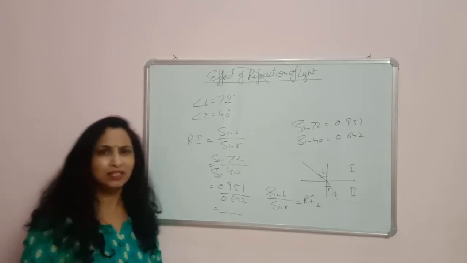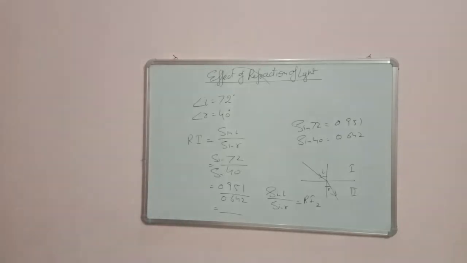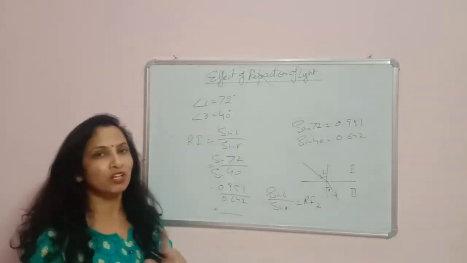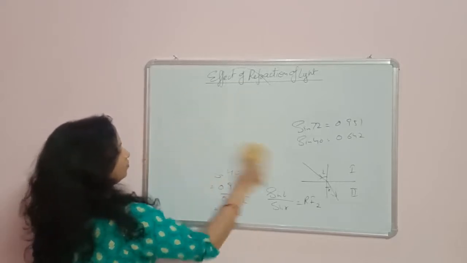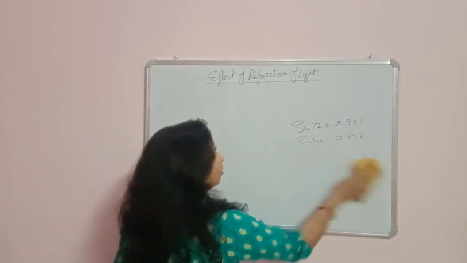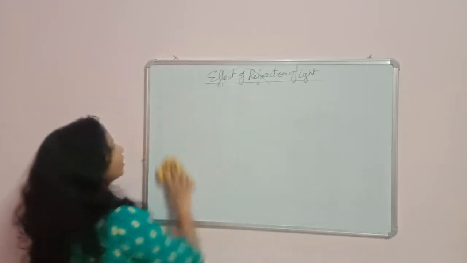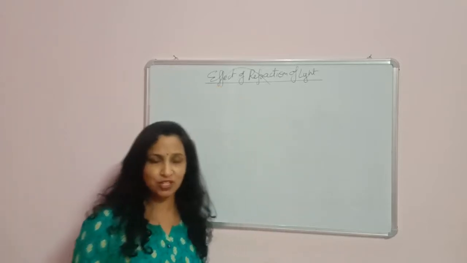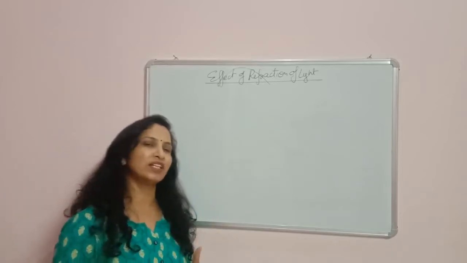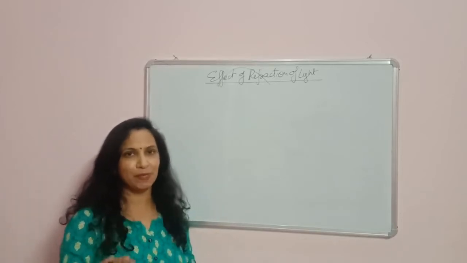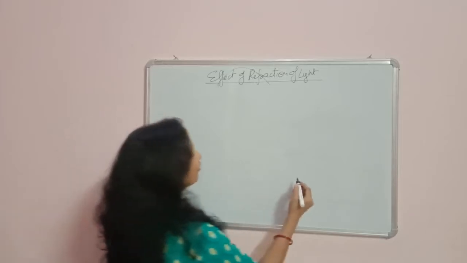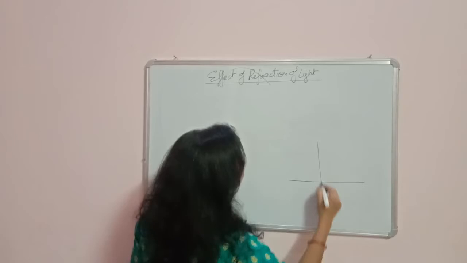So a few more things about the refractive index I am going to explain to you. You can write this numerical. Okay, a few more things about the refractive index. One thing is, refractive index is the ratio of the sine of angle of incidence to the sine of angle of refraction, and by finding the ratio you can find the refractive index of the second medium with respect to the first medium. Now one more relation of refractive index, with the speed of light.